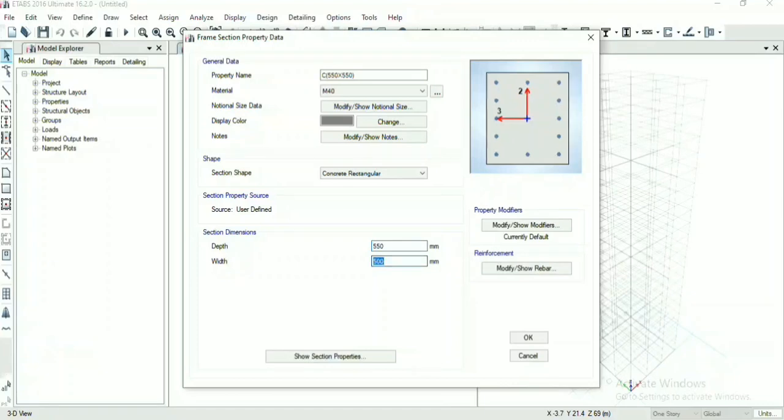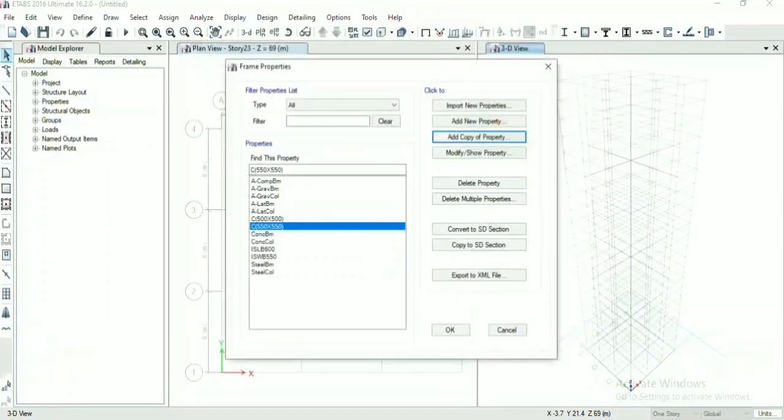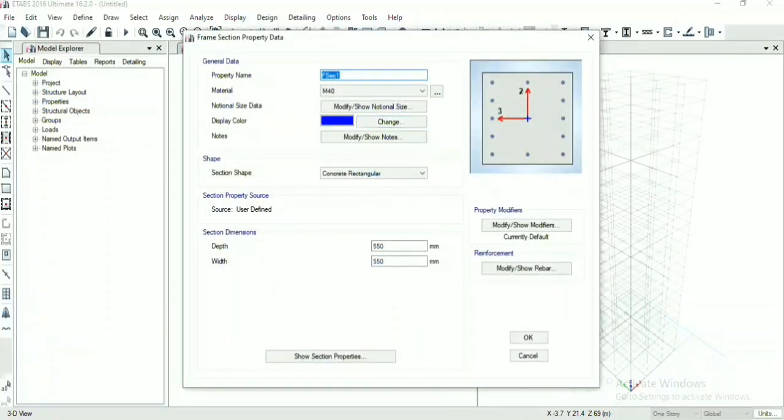Take depth and width, OK. For 600 by 600, take C, and depth and width as 600 into 600. Click on OK.